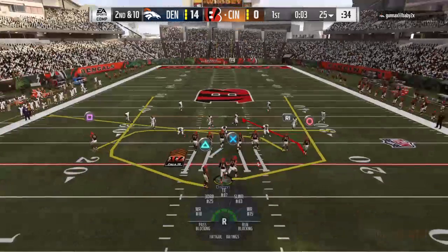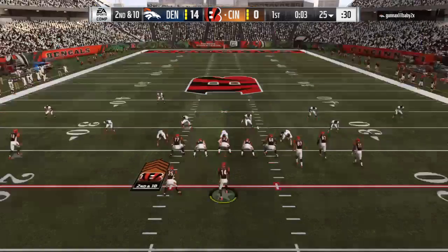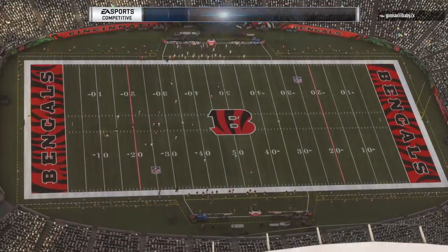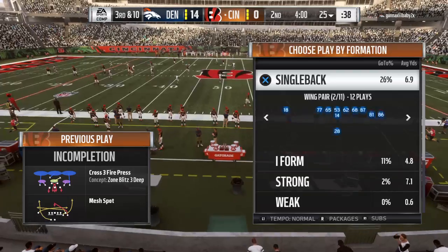Down 2 touchdowns early, probably not very deep into their script. I think that they'll stay with it. I don't think they'll abandon it just yet and try and generate some offense on this drive. Anything. At least 3 points, get that 0 off the board. And that will be incomplete. They couldn't hook up on what's going to be the final play of